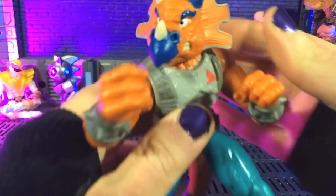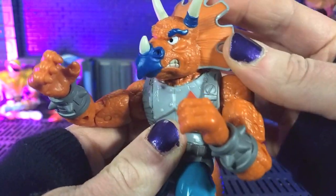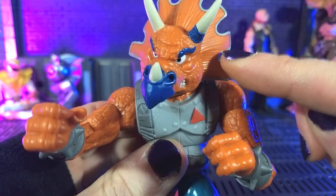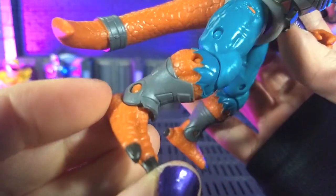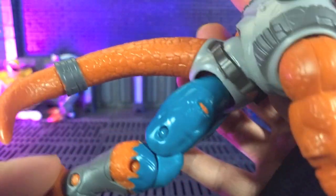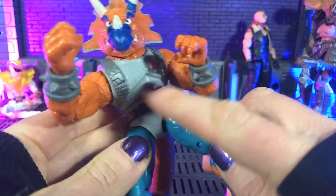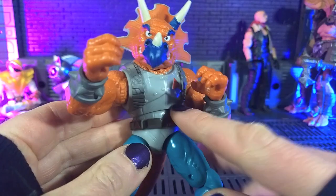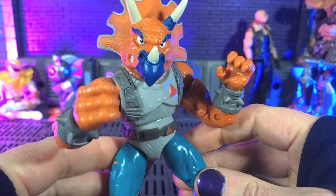I really like the sculpt on the face. Clearly a lot of detail and attention went into that. We get texture pretty much everywhere here on the frill. The scale textures all over the skin are there in pretty much every spot, so that's very, very nice. Some nice punched in paint. Everything looks pretty good. I would have liked to have seen the rivets get something, but other than that,